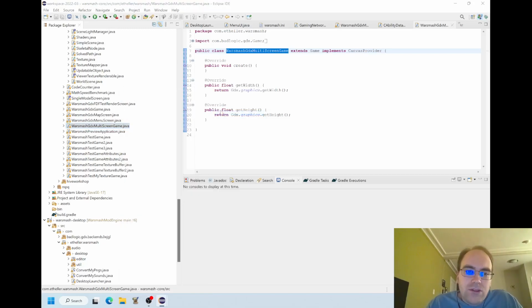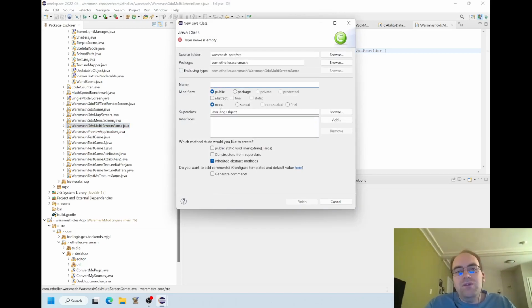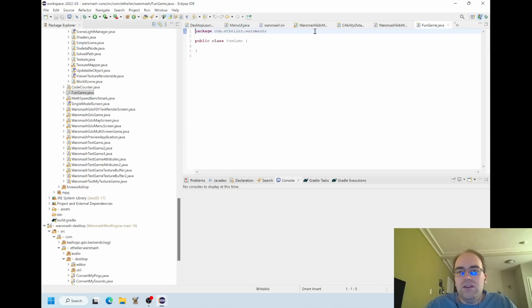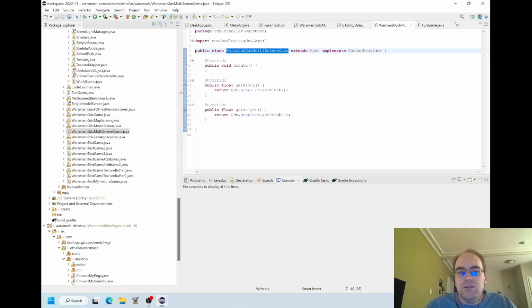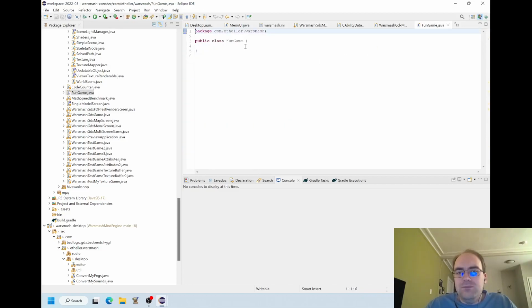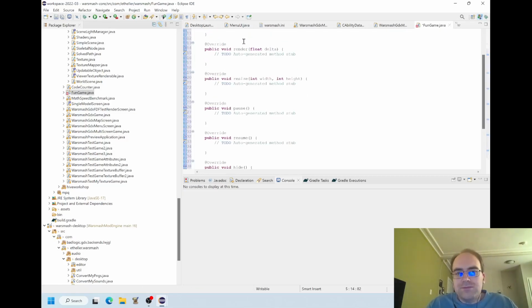But my goal is basically to start off with some basic LibGDX stuff here. So let's call this, I don't know, fun game. It's going to be whatever this kind of thing is here. What is this? Screen. Yeah, it implements Screen from LibGDX. It's like a screen of a game. They already built this whole game library, guys. Come on. It's not really that hard.